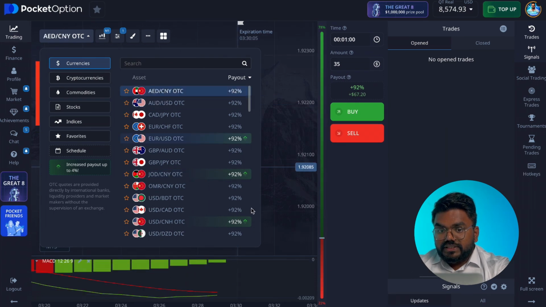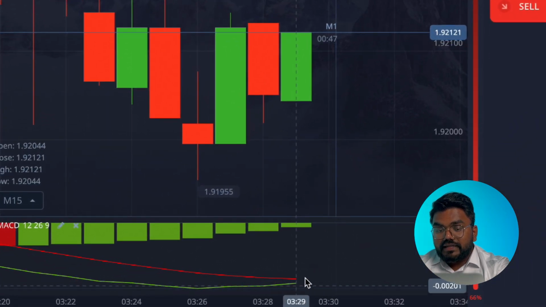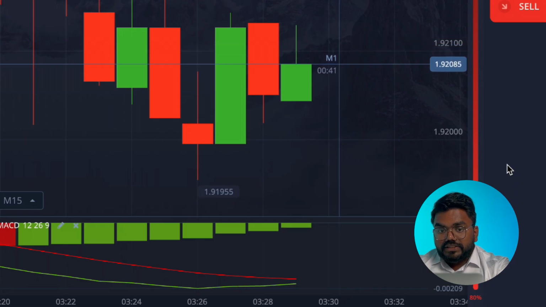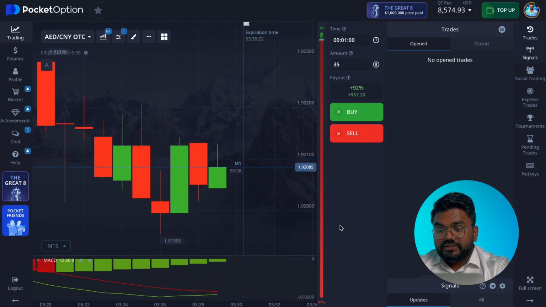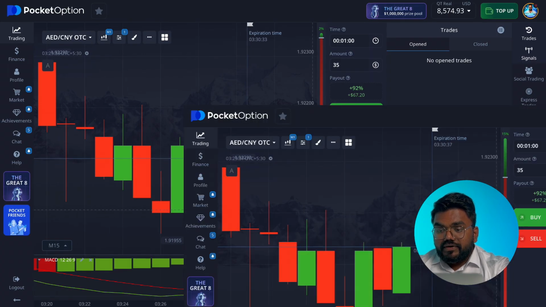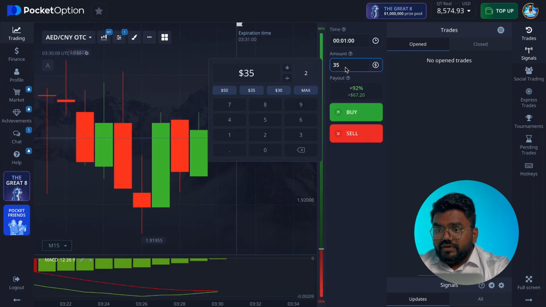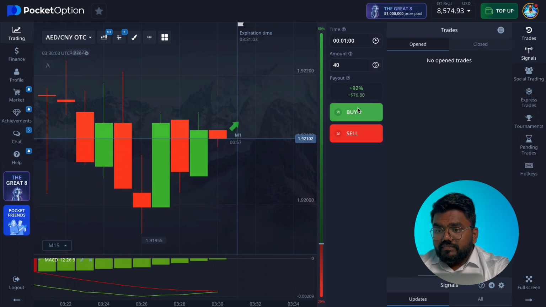So when you look at the MACD strategies, remember that you need to intersect MACD with your own assumptions. So now the red line and the green line are actually going down. If you see the bar lines, they actually confirm that the strength of the growing bar is a strong move. So just see the bar and the entry point. You can see the candle is just going to get closed, and once the entry point gets started, you should be able to make a trade. And don't forget that MACD actually combines the RSI, trend lines and price action according to your preference. And let's go with the $40 trade. Okay, let's go with the buy.